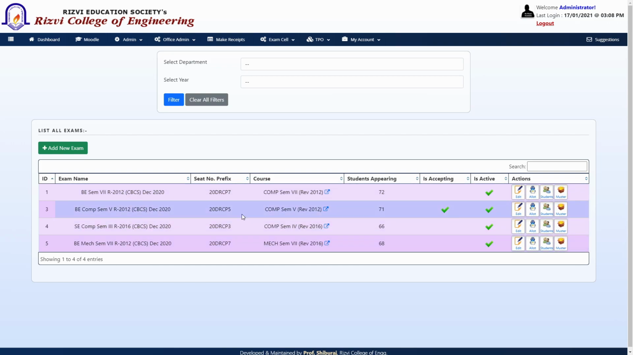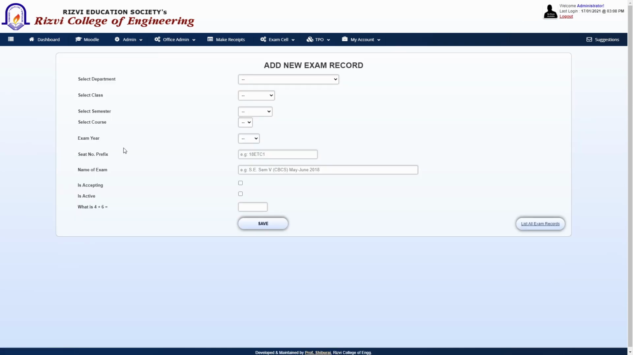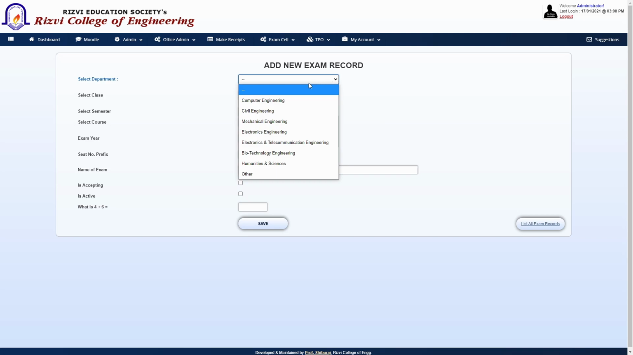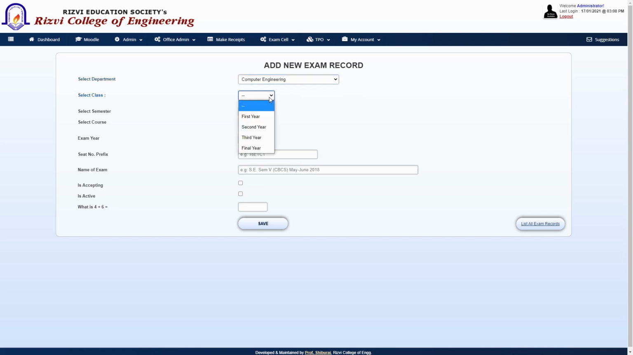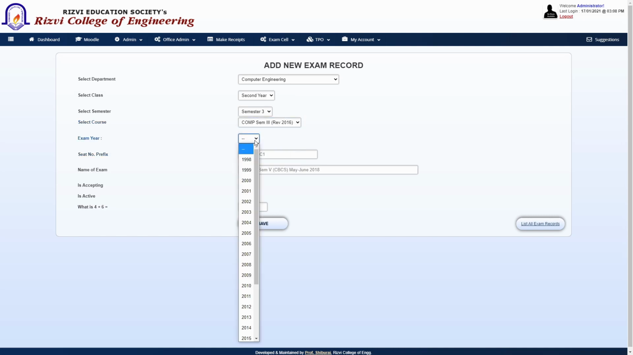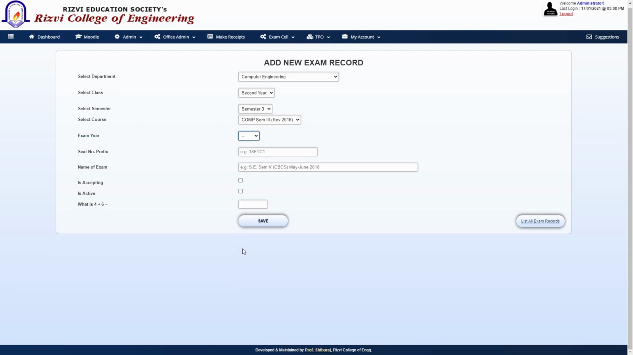Okay, so now let's first deal with how to create a new exam. If I click on add new exam, this is how the entire process goes. You have to first select the department for which you are going to add the exam. Let's say computer engineering, then let's say second year, semester 3, and revised 2016. Okay, and the year of examination is